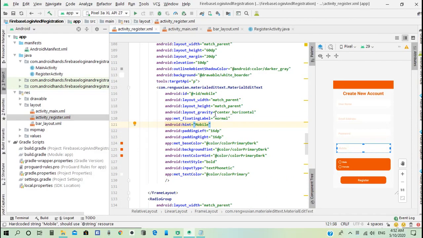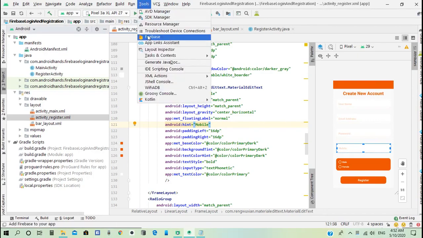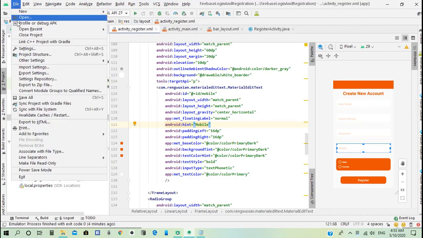Next step, we need to add our project to Firebase. In this step, we will start with Tools and open Firebase Assistant. If Firebase Assistant isn't installed in your Android Studio, open File and Settings